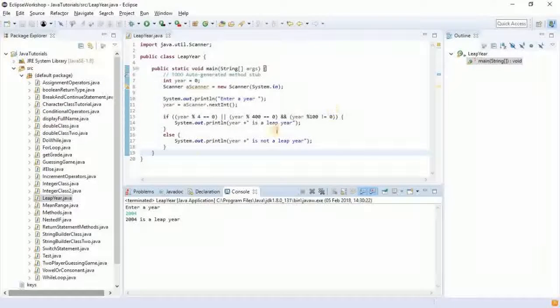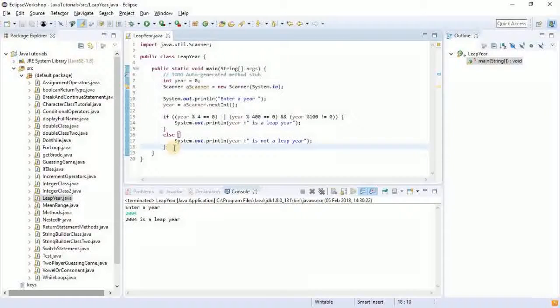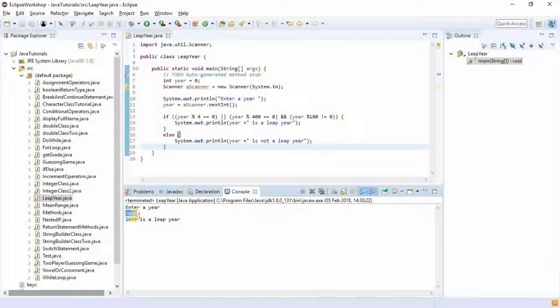I wouldn't want this tutorial to take longer than it is. Okay, so since this is the certain condition met for a leap year, the next thing we are going to do is I want it in a way that the user will be able to enter the year. Now, not just the year, but the user will be able to enter the numerical value of the month, where one will be January, two will be February. So you enter something like 2004 February, and then we'll be able to determine how many days are actually in